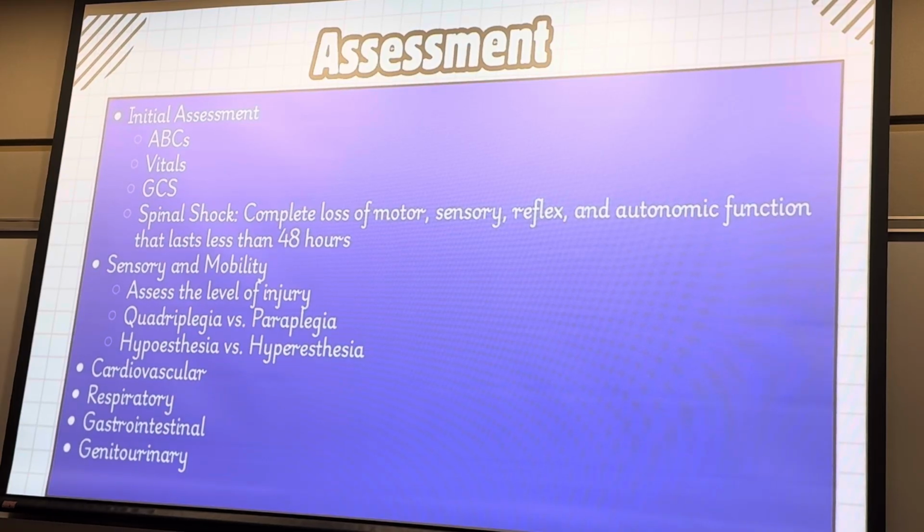GI-wise, is it going to decrease the motility of my bowels? Depending on where the lesion's at, but for the most part, it's going to cause some type of GI motility problem. What if I'm not getting out of the bed? GI stasis. Even somebody that doesn't have a spinal cord injury, basically every patient you take care of, do they have GI disturbances at some point? They're not getting up, moving around, not getting that GI tract moving, getting those bowels moving. Mobility is important for several different factors. GI is one of them, all right?